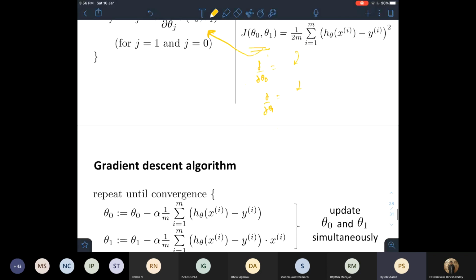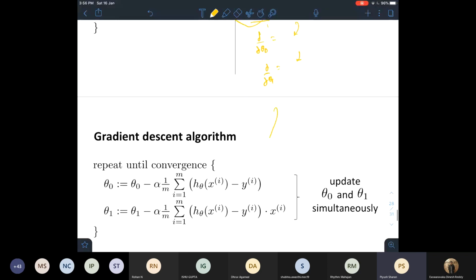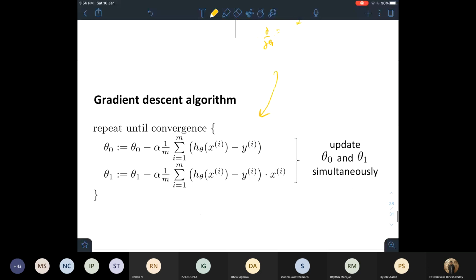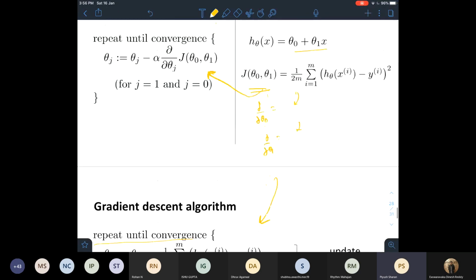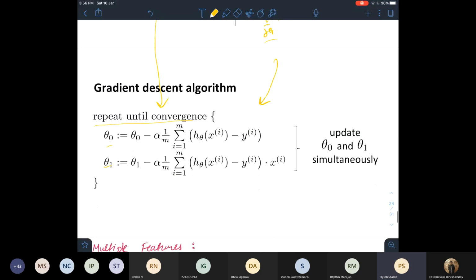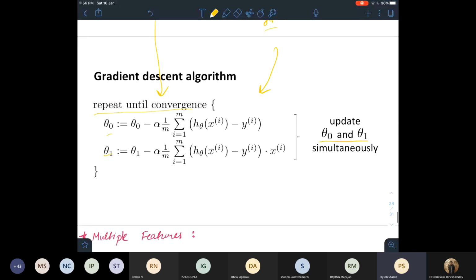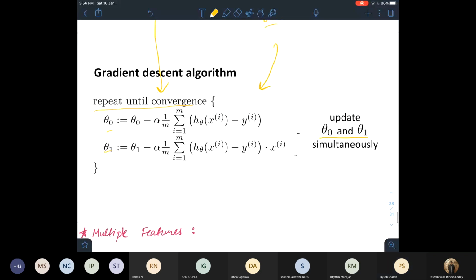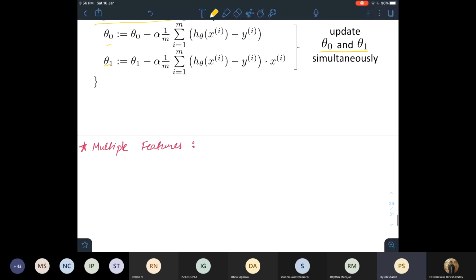You can do it simply, and you'll end up with something like this. I hope it's clear. Repeat until convergence. These two things are exactly the same, I've just differentiated it and put the values over here. And we are updating theta naught and theta 1 simultaneously. So that sums it up.